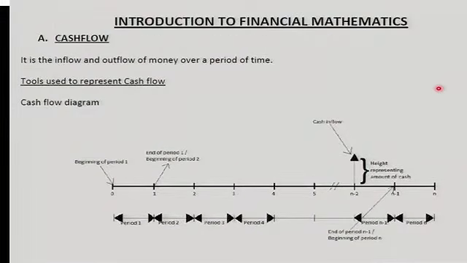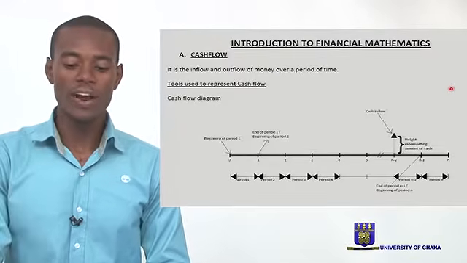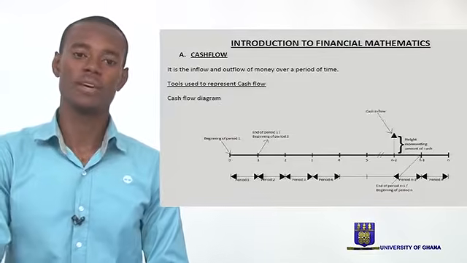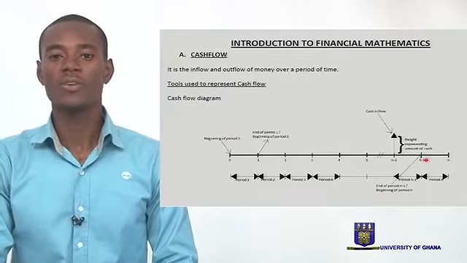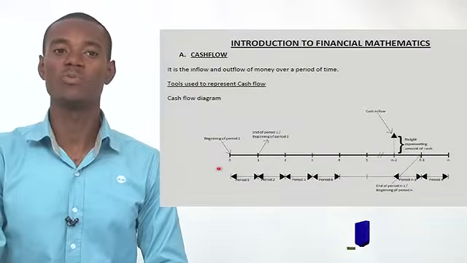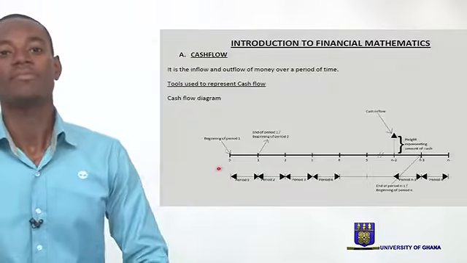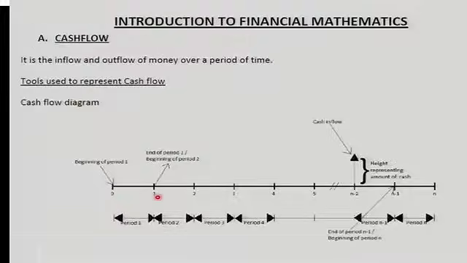Now let's try and break it down gradually. This diagram is referred to as the cash flow diagram. We're going to explain it one after the other, so you understand what it means and how we use it. This line here, which looks like the normal number line that we've known from our primary school days, we will not call a number line, but a timeline of money. It just gives us specific periods within which we are trying to evaluate the flow of money, right? And so we have 0, 1, 2, 3, 4 in that order